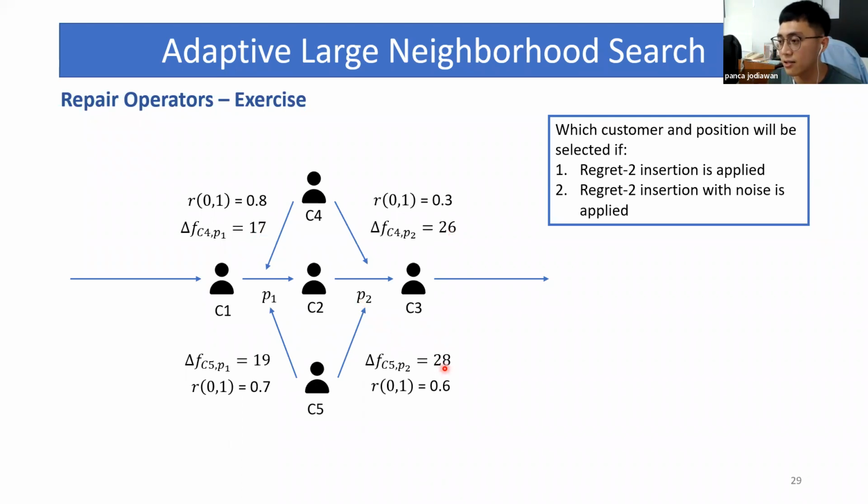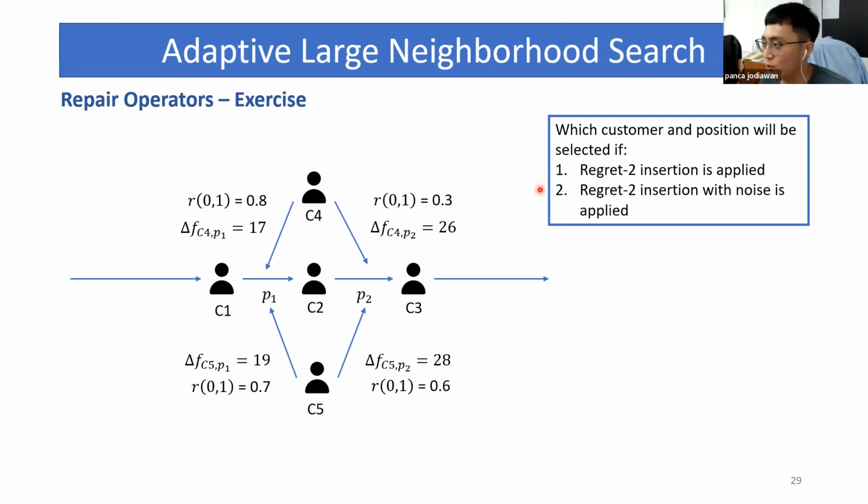Then the regret cost of C5 is 28 minus 19, which is also 9. Okay, both are 9. So which one should we choose? According to Professor Ropke and Pisinger, follow the greedy approach. So if you get this situation, just choose the customer that results in the least cost insertion, which means we need to insert the C4 in P1. Yeah, so that's the answer for number 1.